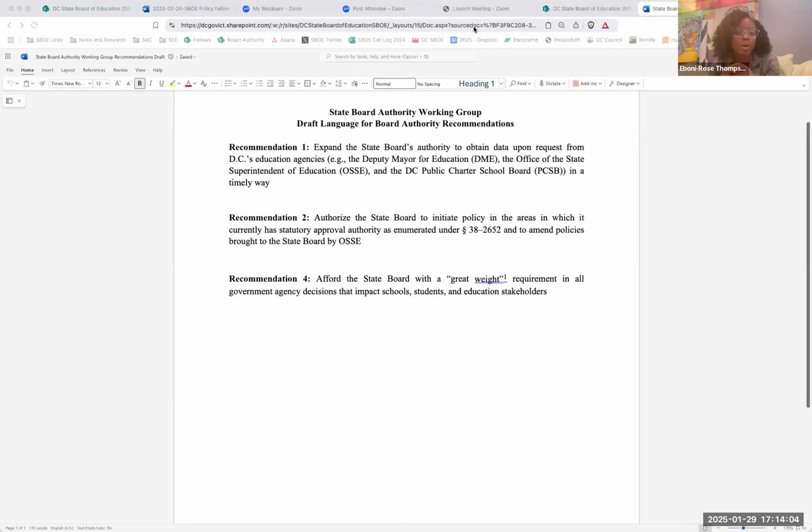Or individual coursework. I remember when I first came onto the board and we were well into the social studies process, there was a council member who said, I want to legislate that every kid takes African-American history. And while I love the idea of more African-American history, I'm like, hey, wait a minute, we're doing a whole process, right? And it shouldn't just be about one class. It should be about the fuller educational trajectory. So I've just seen some behavior that I think is very well intentioned, but could have some adverse impacts.